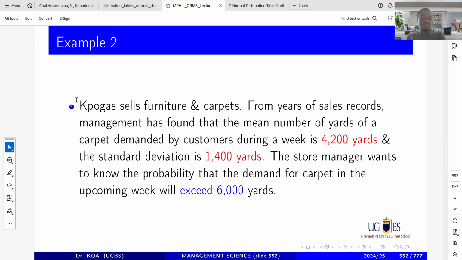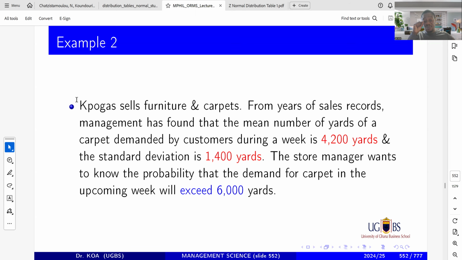Bogas. They sell furniture, they sell carpet. Are they still there? Is Bogas still around? Yes, sir. They are not. Oh, they are gone, right? They are around. Oh, okay. They used to be very, very popular. These days, there are a lot of foreign competition there in the market.